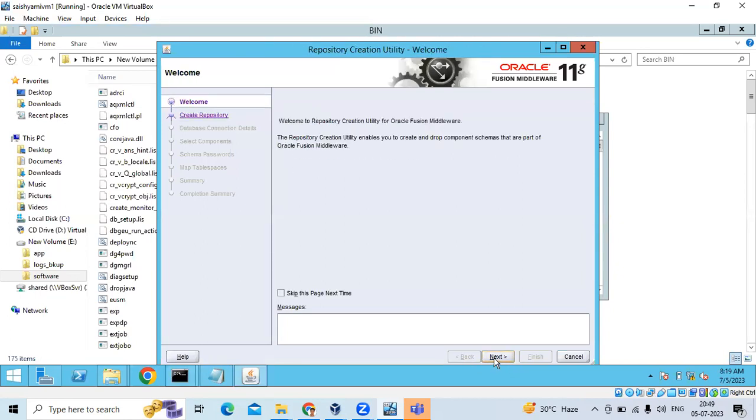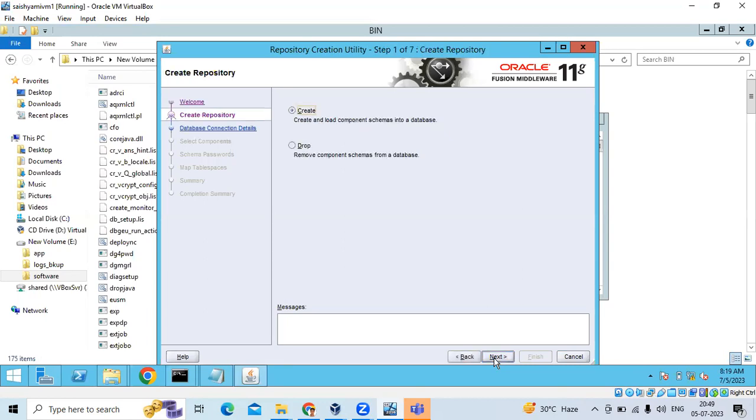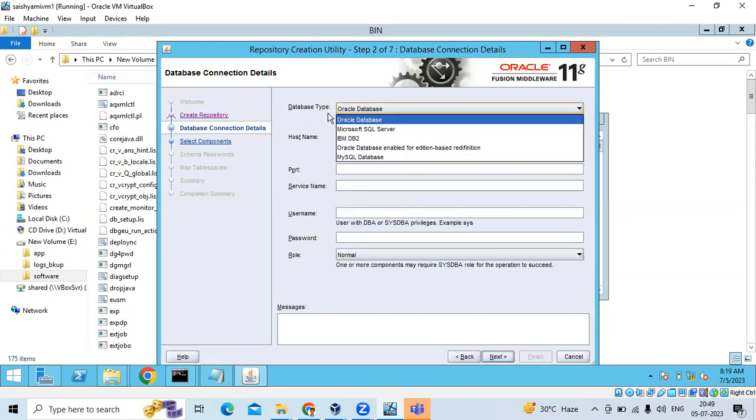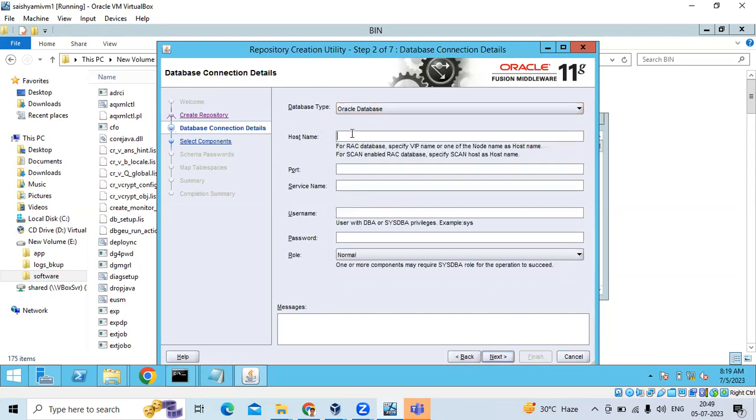There's nothing much to talk about here, and you just click on next because, as I mentioned, we are going to be using this mainly to create as well as drop the schemas, right? First we are going to be creating those schemas. This is the database type, and I'm just leaving it as Oracle database. For the host name, I'm just giving localhost here,